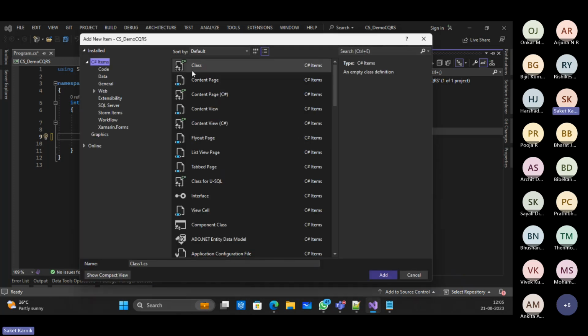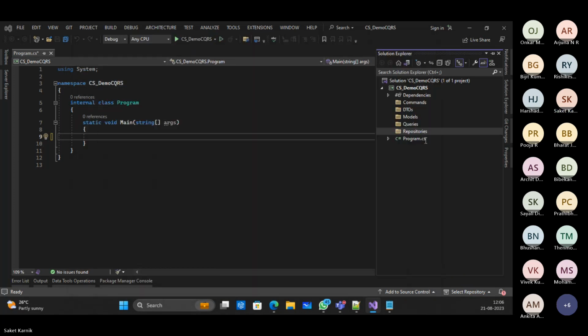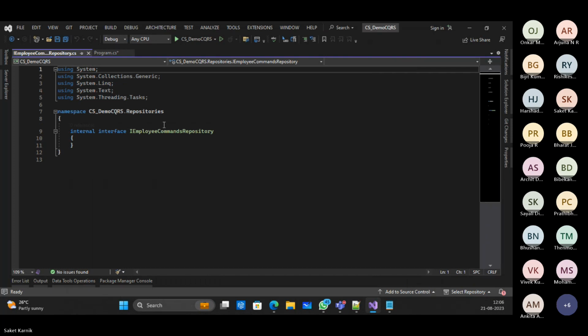Okay, better to click on show all templates here if this is not visible by default. The reason why I did this is because I want an interface to be created. So select interface, and there I give the name IEmployeeCommandsRepository. Add. Make the interface public